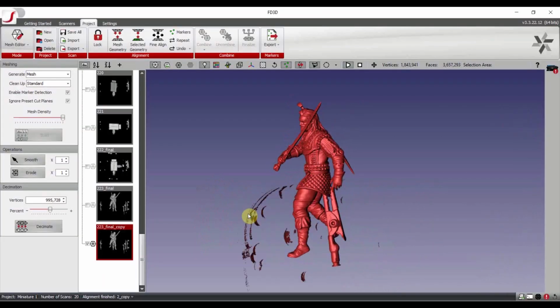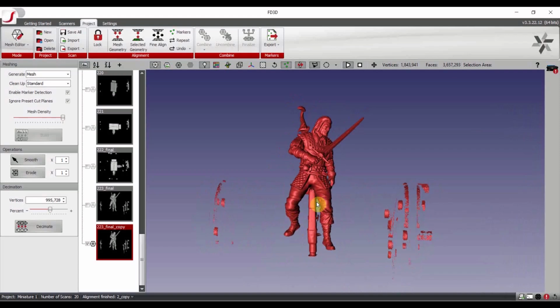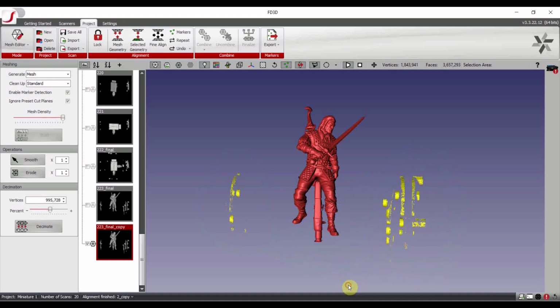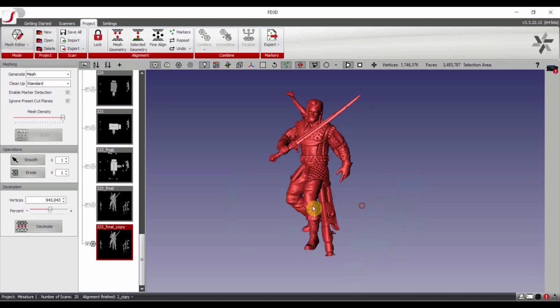First solution is to remove any unnecessary meshes manually in FS software. Just make sure the mesh is loaded and unlocked, then press and hold the control button on the keyboard and right button of the mouse, and select any portion of the mesh. Then click on the delete button on the keyboard.